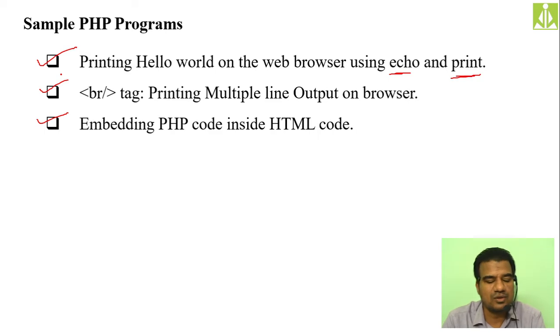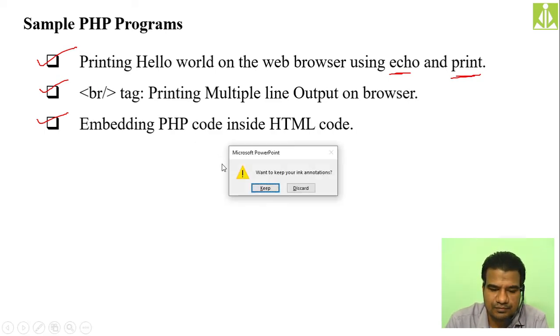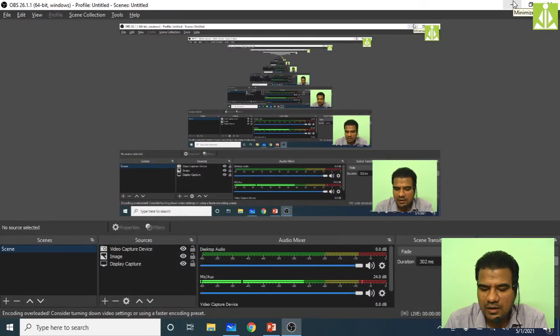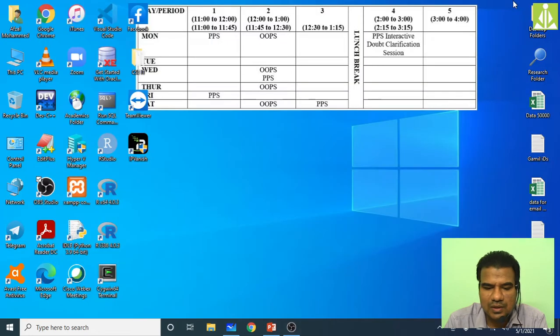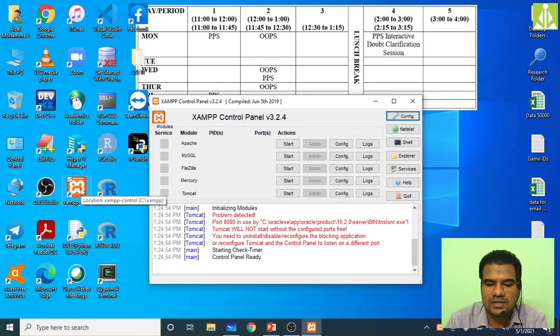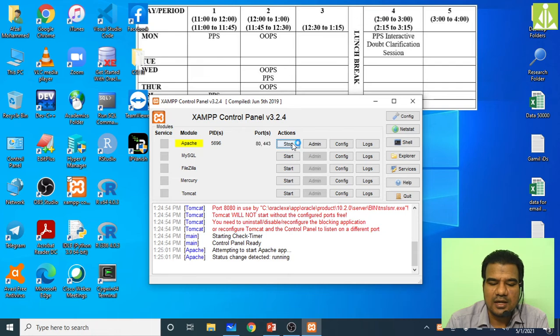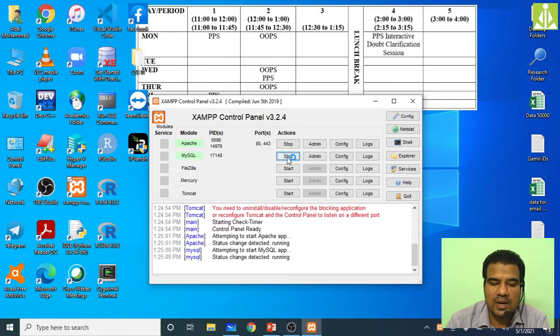So for this, what we have to do, I will just close this one, discard the changes, then minimize this one, minimize this one too. And then open your XAMPP server. Yeah, this is your XAMPP, and then what we have to do, start the Apache and start the MySQL database. Apache I am starting. It is successfully started, as it is giving green over here. Then start the MySQL. It is also started. Now go to the admin.